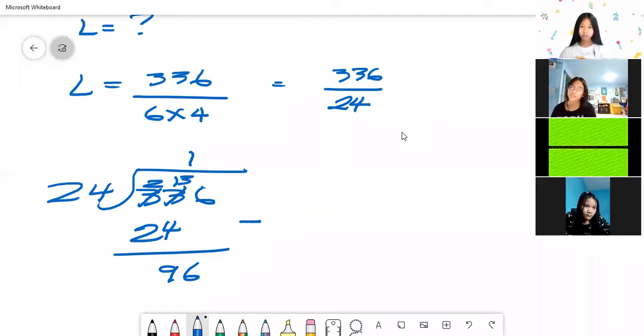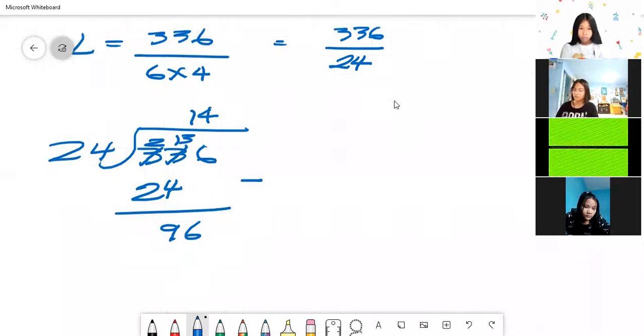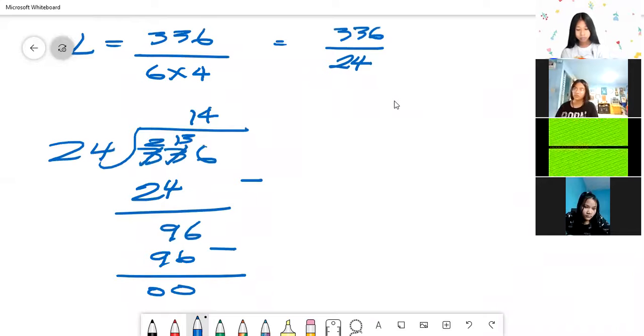So the exact number is 4. 4 times 24 is 96. So 96 minus 96 is 0. So your answer would be, the length is equal to